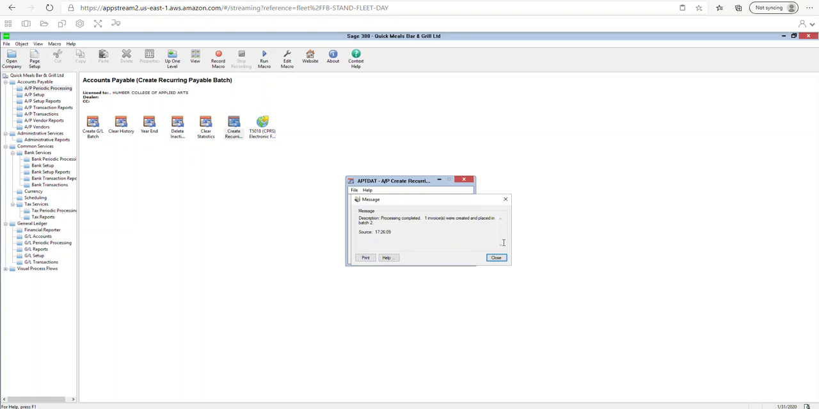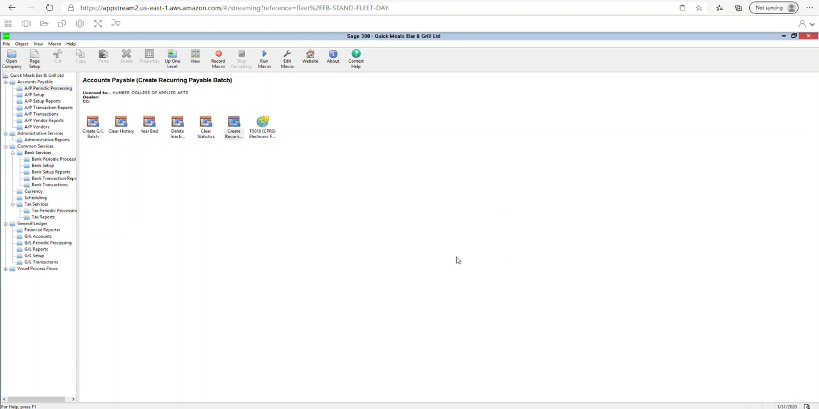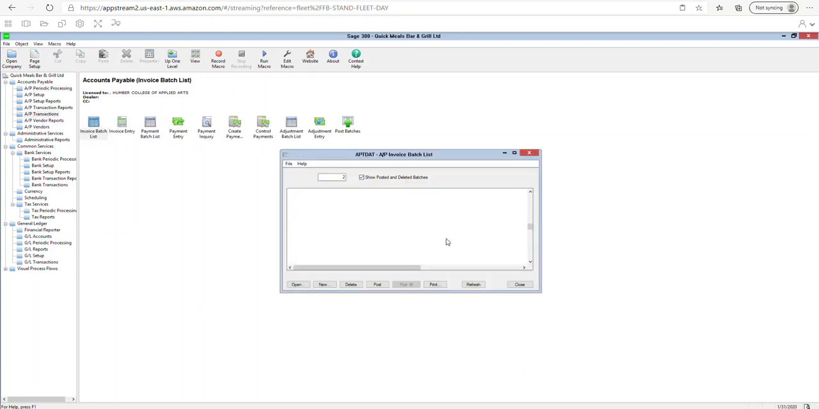It says one invoice has been created and placed in batch number 2. So the batch that you wanted to create for the security has been created. Now what you're going to do is go into the AP transaction, look at the invoice batch list. You see that the recurring payable has been created, and